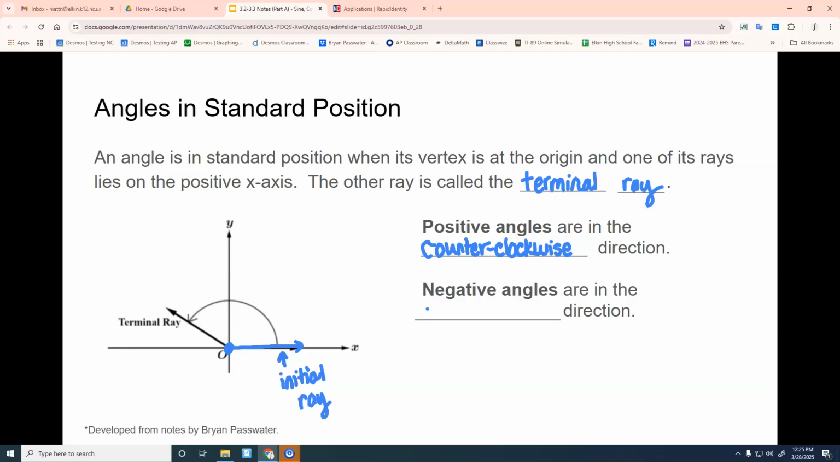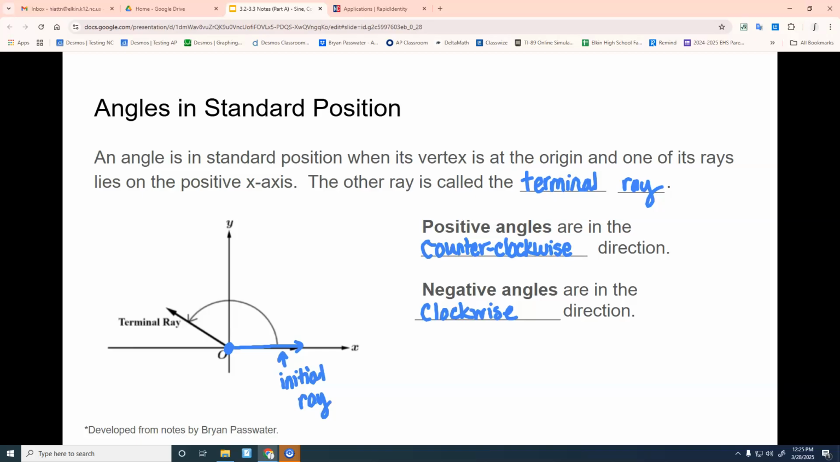And negative angles are in the clockwise direction. We are living in a more and more digital world where I have more and more kids tell me that they can't tell time on that clock right there. So if it's you, don't admit it and go watch a YouTube video on how to tell time. And then